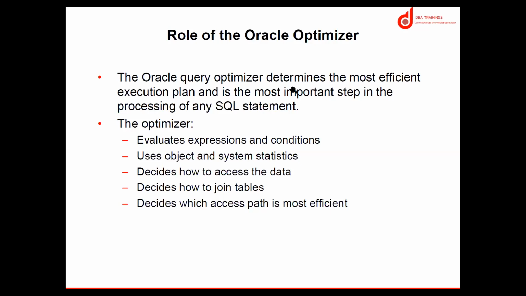Then join orders: what type of join, which table. So the optimizer will decide which join statement. If you are using more than two tables, the optimizer will choose which pair of tables is joined first, then which table is joined to the result. And that's why we said, always write the smaller table first, then the bigger table, this way, if you are doing a comparison. So it depends on your scenario. Which join method is chosen will be decided there. All these things will be done by the optimizer internally.